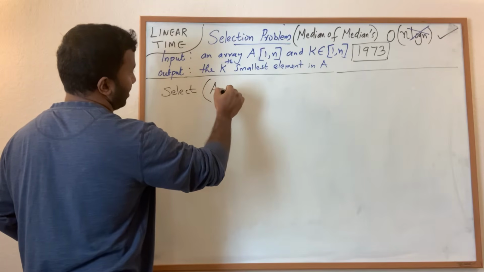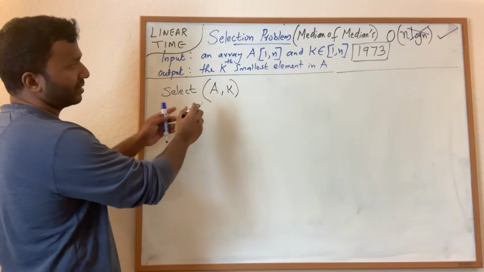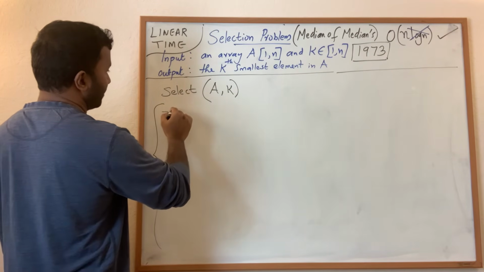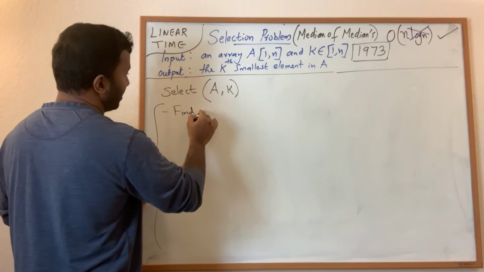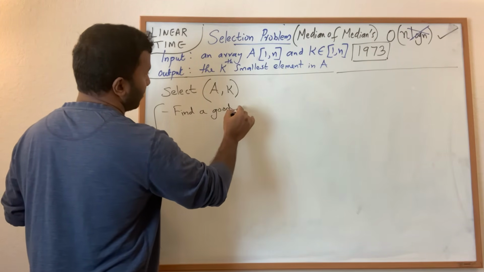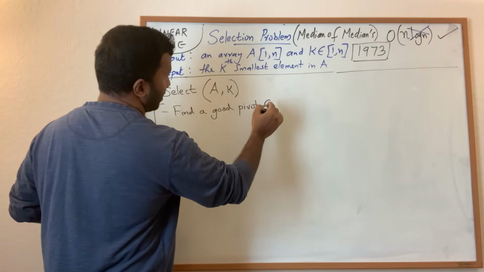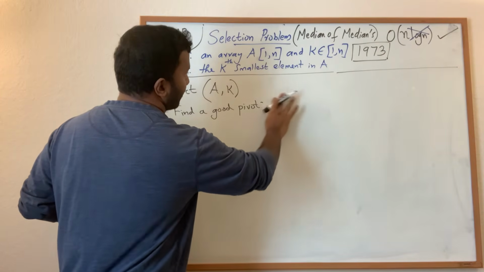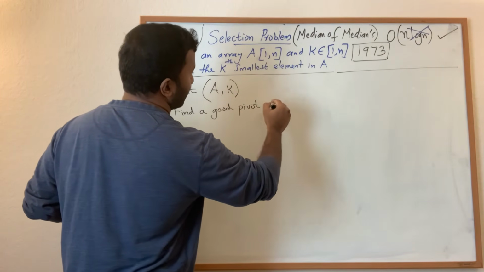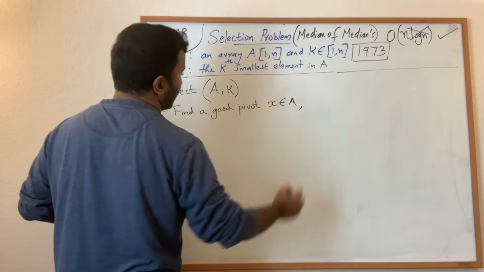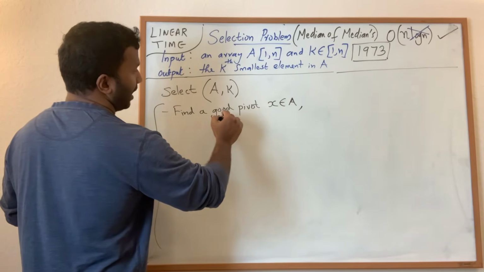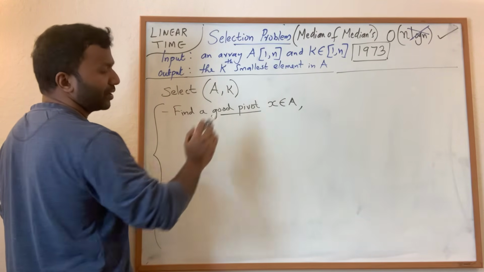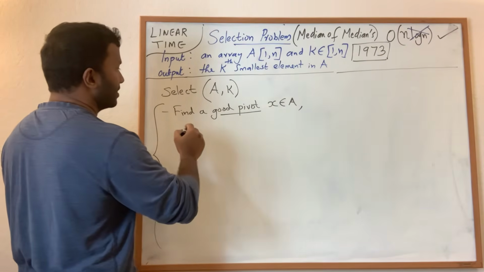Select(A, k), select the kth element in A. First step is this: find a good pivot, which I'm going to call x in A. Okay, I'll explain clearly what these things are. For now, just assume that you want to find a number in A such that